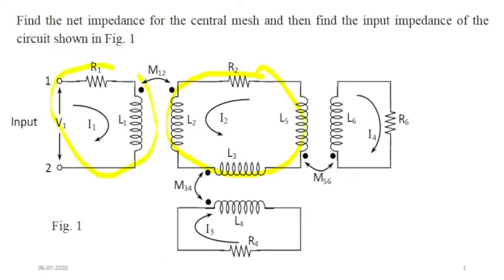But since all these independent circuits are magnetically linked with each other, the input impedance as well as the central impedance will not be same as we used to find it in uncoupled circuits, or the circuits where there is no mutual coupling between the two inductors. So we first calculate the value of central impedance, and therefore we are first of all going to apply Kirchhoff's voltage law in the central mesh. After having obtained the impedance of the central mesh, then we'll be trying to find the value of V1 by I1, which is nothing but the input impedance.